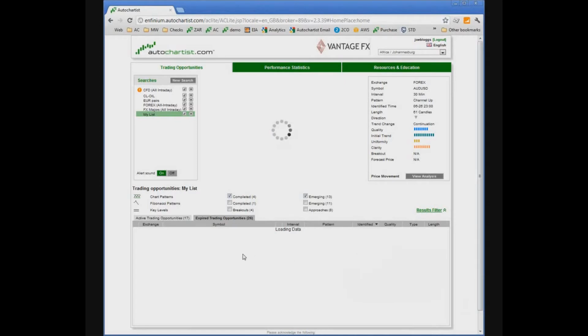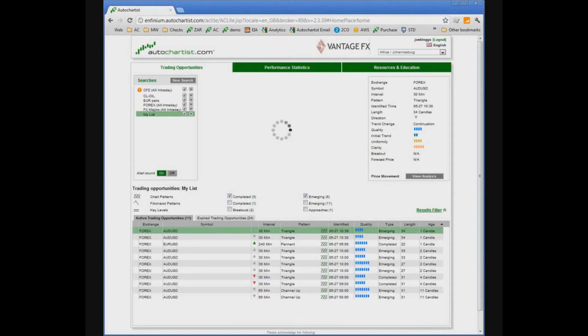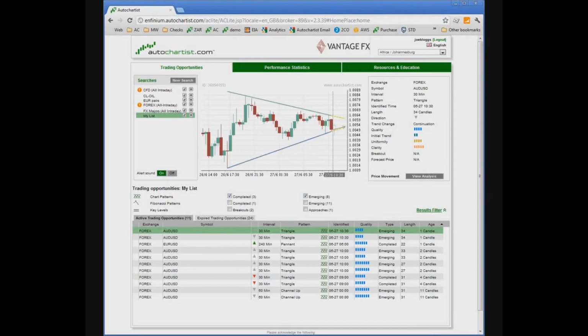So when everybody logs in for the first time, we'll have a list of active trading opportunities, but 0 expired trading opportunities. And then as time goes by, as the active opportunities that you've seen are expiring, they'll start moving and populate that tab for you on your computer. So every different user will have a different view of expired trading